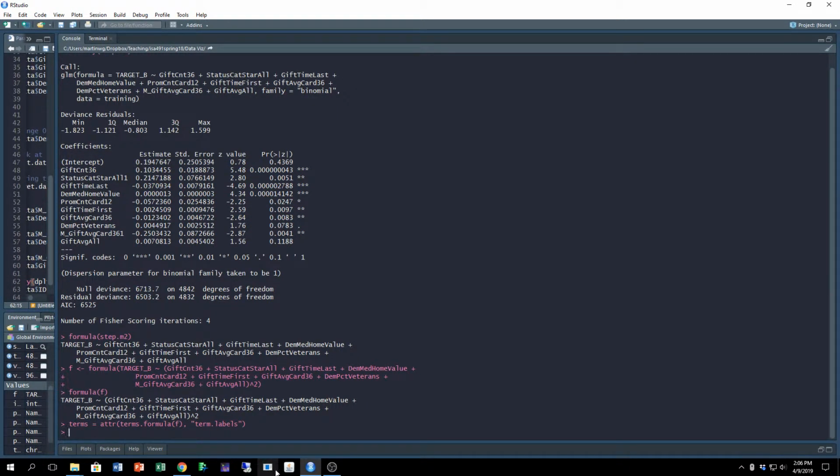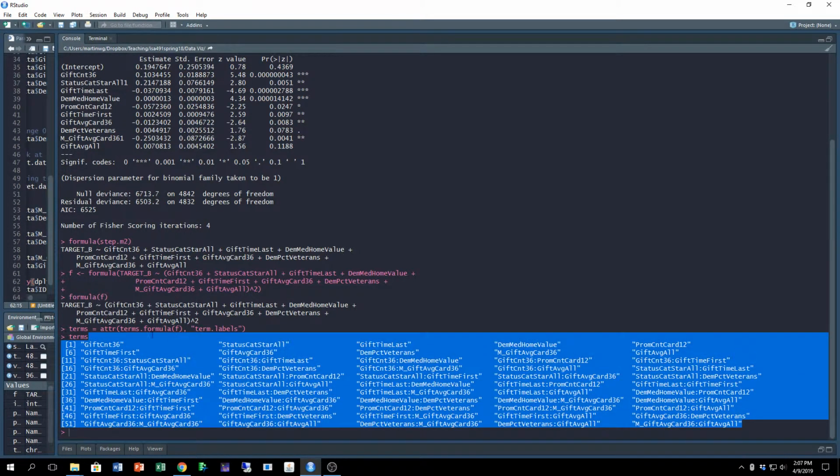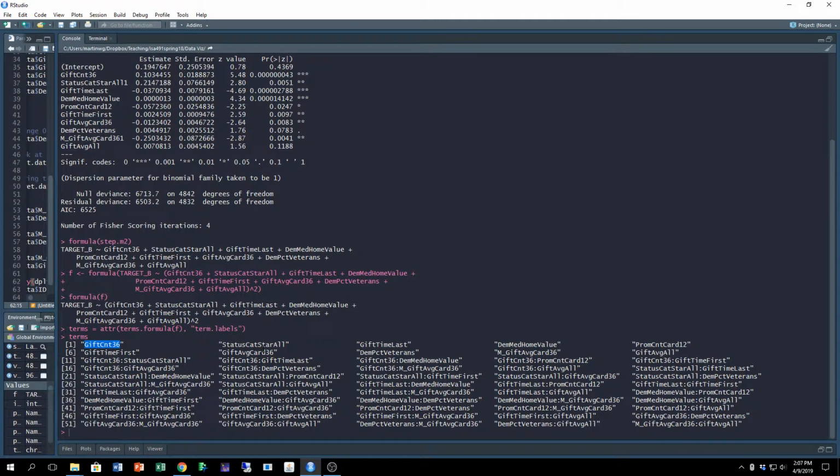You don't need to remember this line of code, but this is only to check what the formula is right now. So these are the variables that the formula has. It contains the original predictors, which we call the linear terms. So you can see the predictors that you have in this stepwise model here, but also you have the interaction effects between those